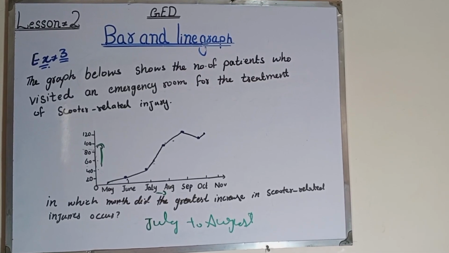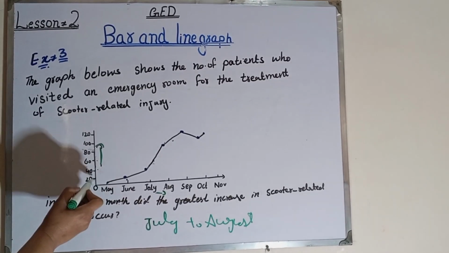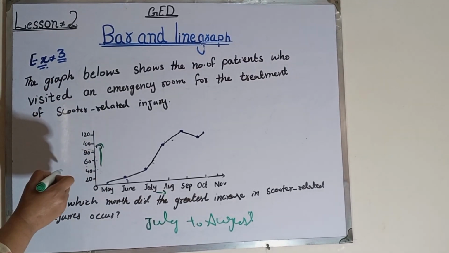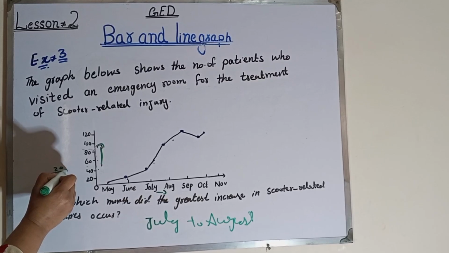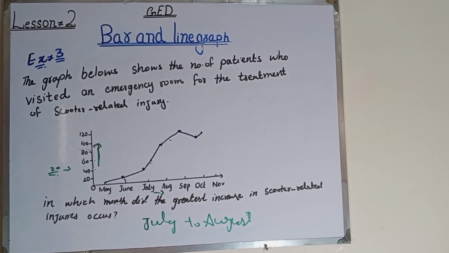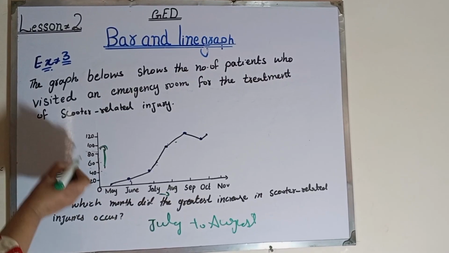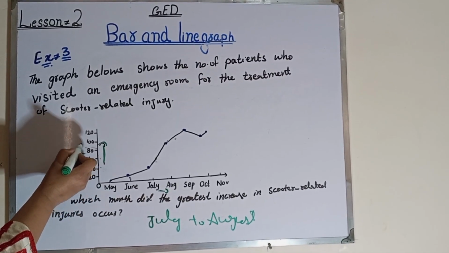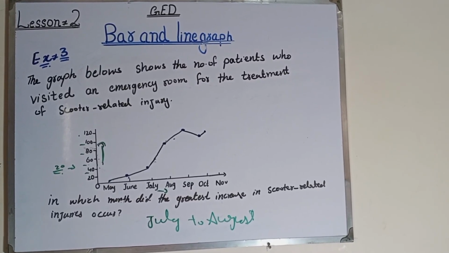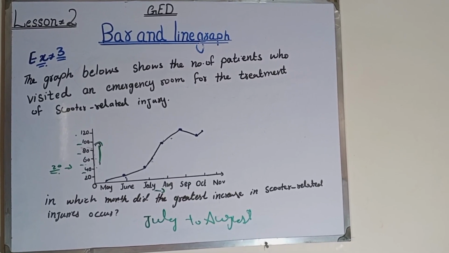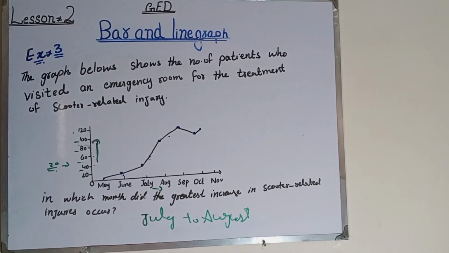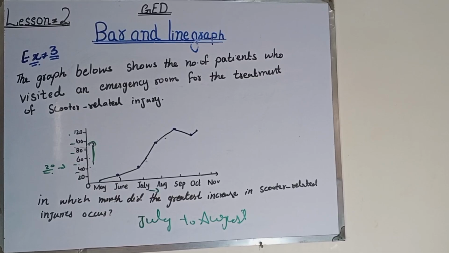Next, there is an interval, a 20 difference: 20, 40, 60. The interval will always be the same. Numbers never jump randomly. If there's 20, 40, then there's a 20 difference each time, so numbers can never jump randomly. Now we can read values between numbers. Now, bar graphs and line graphs, I think you will completely understand them.